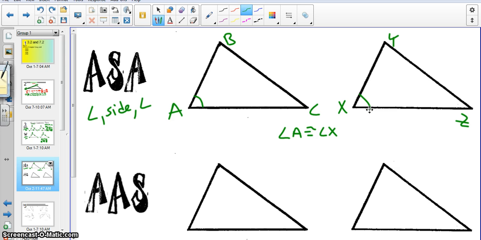A side could be AC congruent to XZ. Now this side must be included between the two angles. So side AC has got to be included between angle A and then the other one would be angle C. Therefore angle C would be congruent to angle Z. That would be your